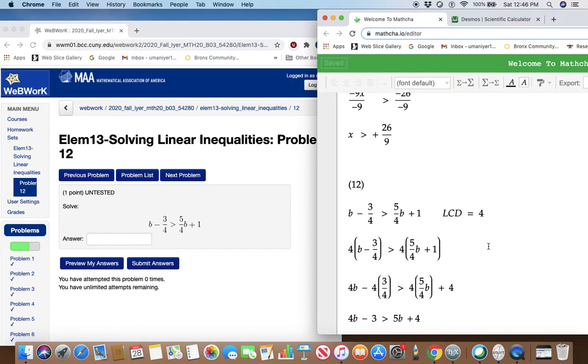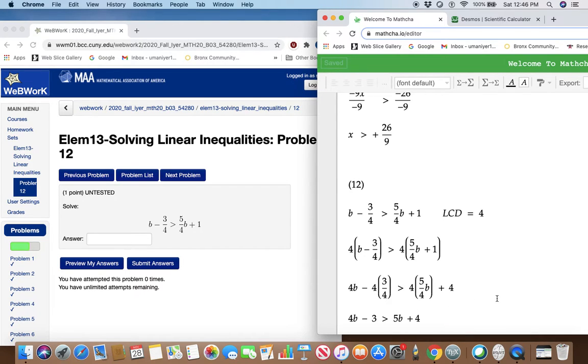So why did we multiply by 4? So the denominators get cancelled. So when I cancel the denominators, what am I left with? 4b minus, these two are gone, 3 greater than. These two are gone, 5b